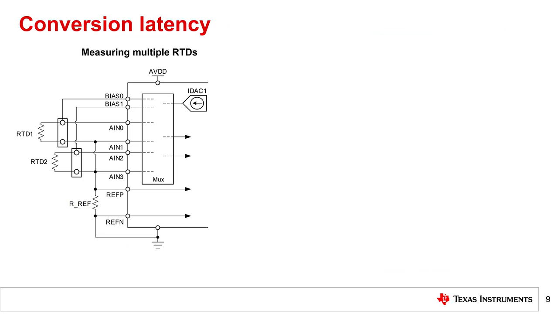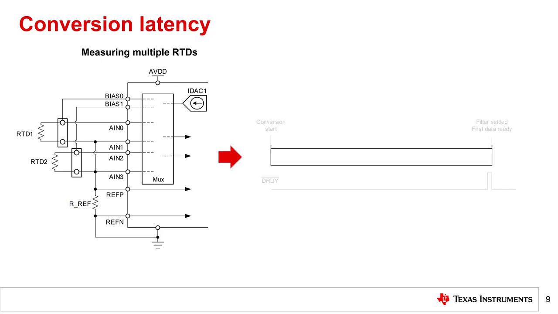Shown on the left is a two-channel RTD measurement system designed for two-wire RTDs. We have analyzed the architecture and operation of this circuit in great detail throughout this presentation. However, another important consideration for this system is how the ADC conversion latency affects the overall timing. The image on the right defines conversion latency as the time from the start of conversion to the time when data is ready to be clocked out of the ADC.